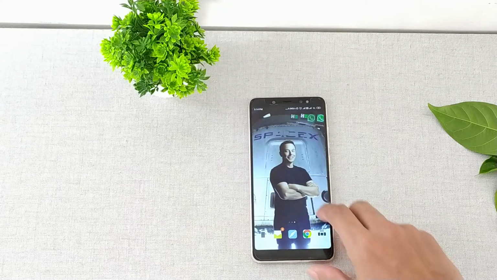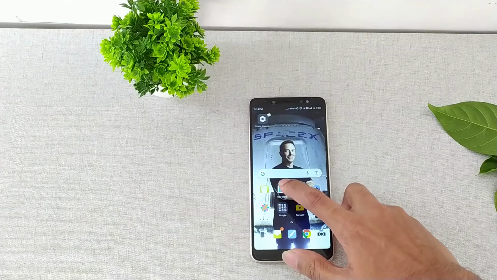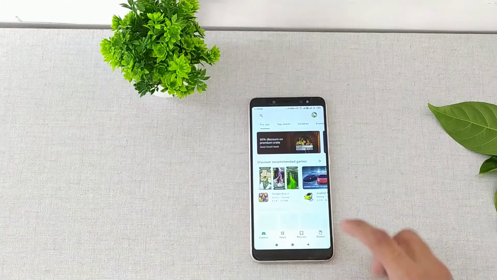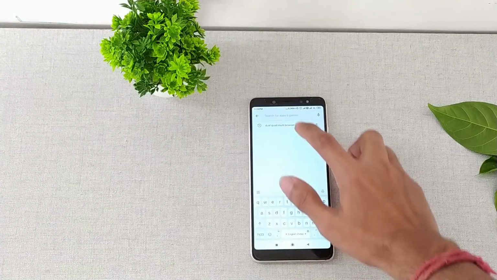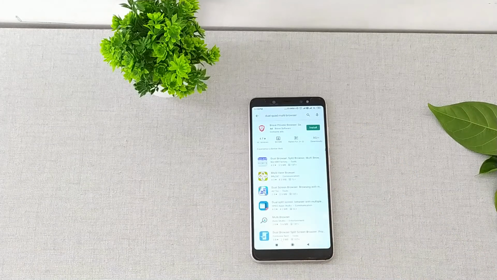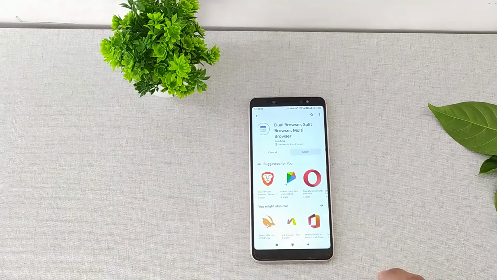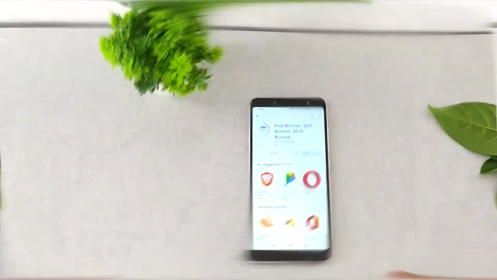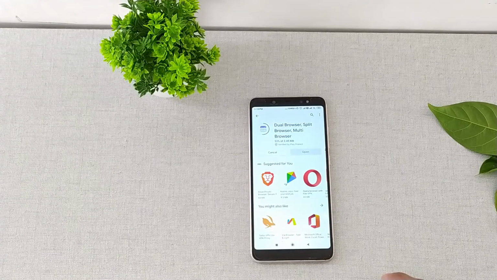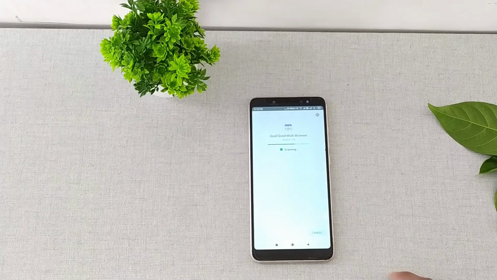So this is all through an application called Dual Quad Multi-Browser. You just need to go to your Google Play Store and simply search for Dual Quad Multi-Browser and install it. This application is very useful when it comes to raising your productivity with multitasking. Once you have installed it, open the application